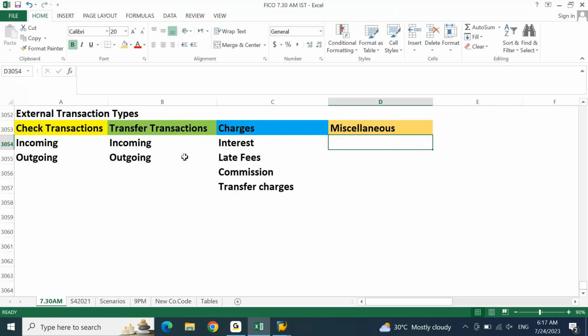Similarly, miscellaneous. Let's say the bank is giving you anything called interest. You have 2 points: interest which you are going to pay, and interest which you are going to receive. Commission, you may also be receiving a commission. Let's assume interest or commission. In general, whatever is represented in the miscellaneous, let us assume these are all incomes that are provided by the bank. Any interest credited to your account, any commission which is credited to your account, these kinds of points are miscellaneous. If there are any other points, if there are any transactions related to your banking, your bank statement will